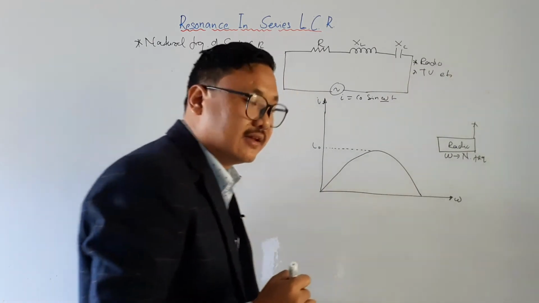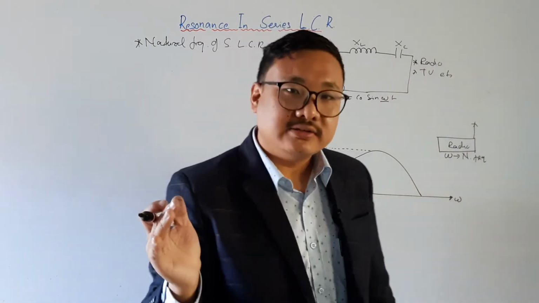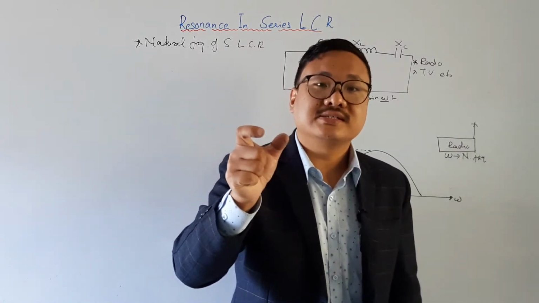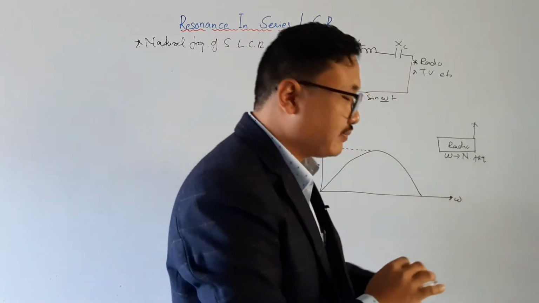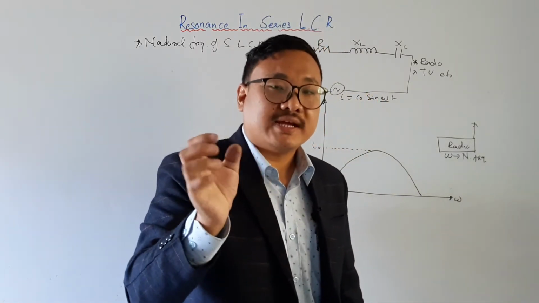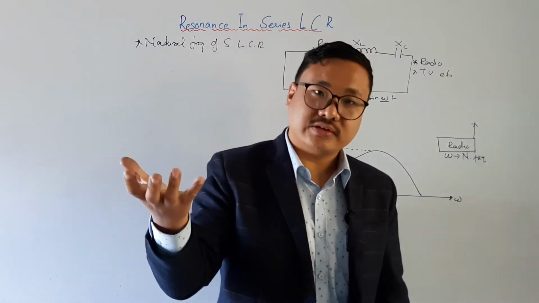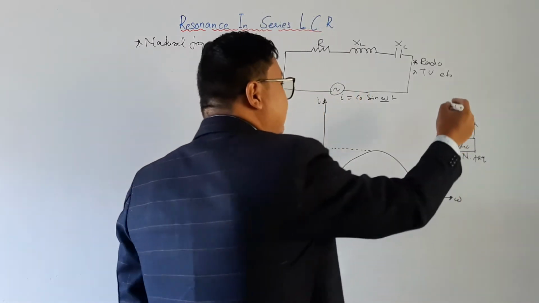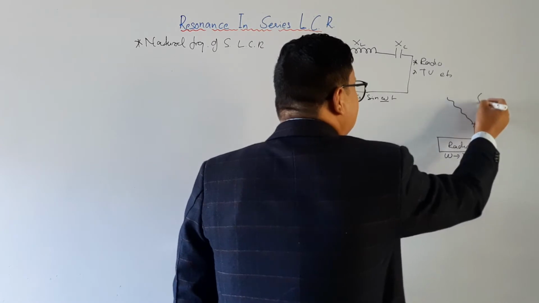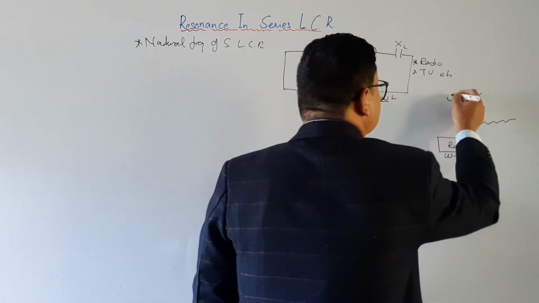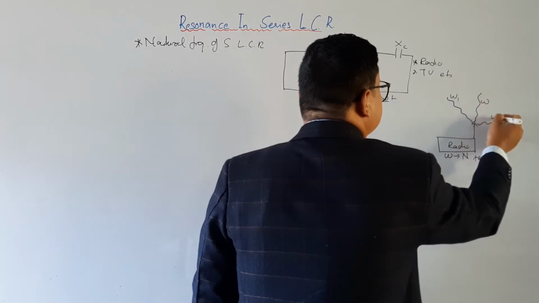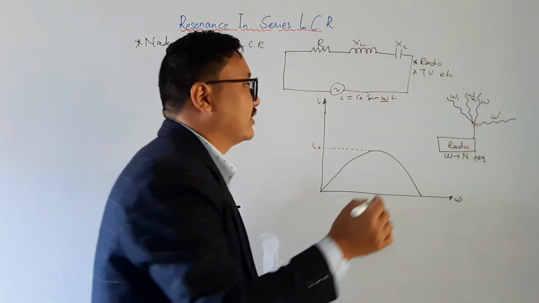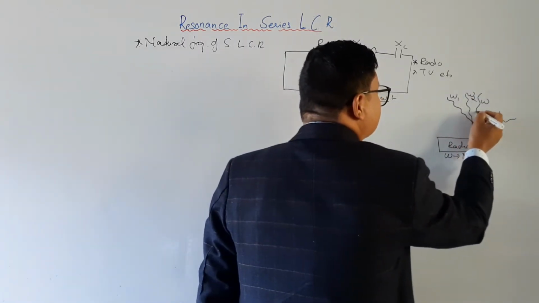It has the series LCR, and there are many different radio channels, and different radio signals have different frequencies. For example, 95.5 megahertz, that is a frequency. 91.9 megahertz, that is also a frequency. So there are many different radio frequencies coming towards this antenna. Say this is omega 1, this is omega dash, and some more, omega 2, and so on. These are frequencies which are coming towards this radio.